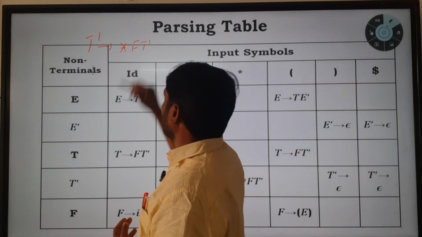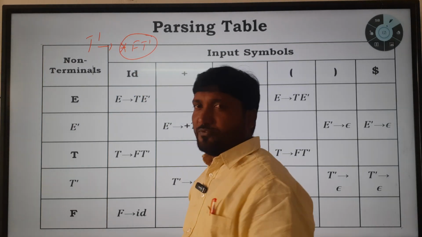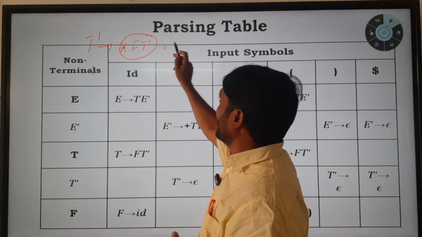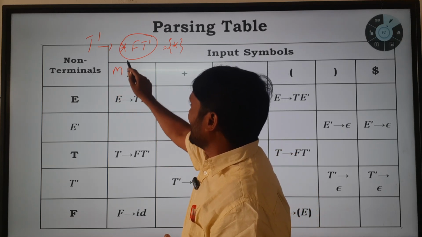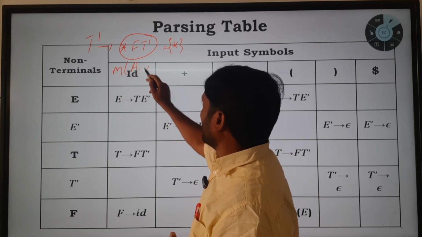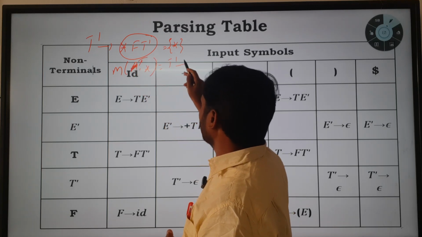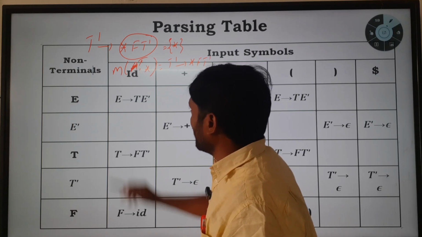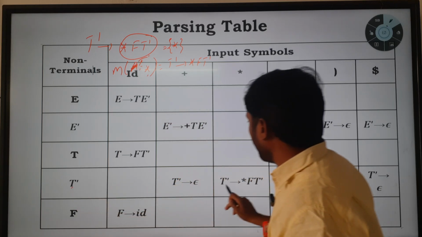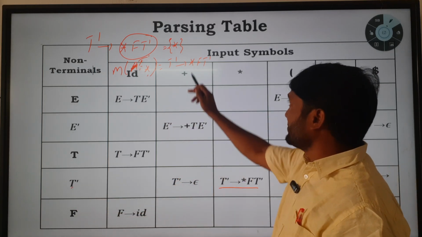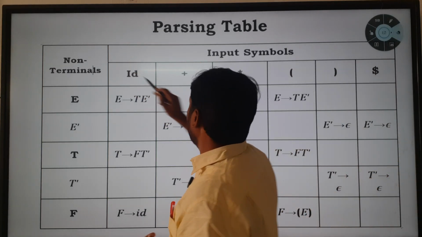star F T'. So, for this one, first of alpha means this entire production can be considered as first of alpha. Then first of alpha means now we will get star. First of star F T' means star. Now create the entry table: M of T' comma star can be filled with T' derives star F T'. That means T' and star can be filled with T' derives star F T', and there is one production for the T', that is T'